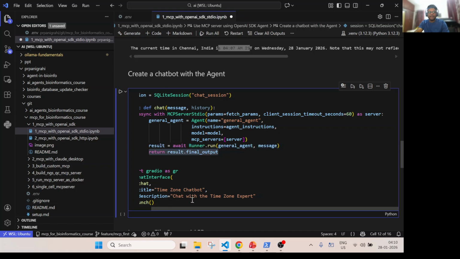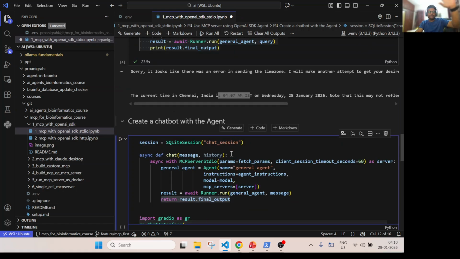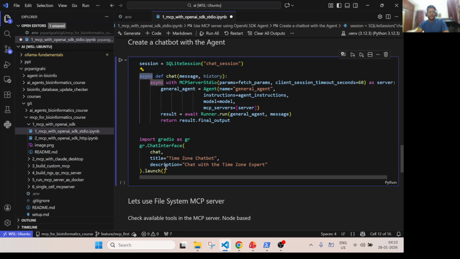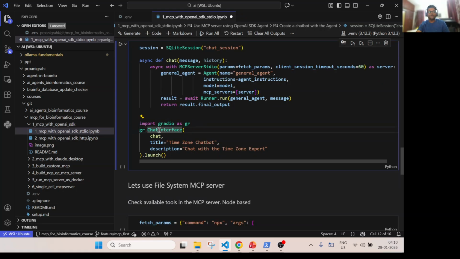So basically I have defined a chat function, in which I put the above code into a very simple function. Again, this is an asynchronous function, so I have to write async here. And I will be using the Gradio package to create a very simple chat interface. Here you say gr.ChatInterface, pass the chat function and title, and give some name. So when you run it,